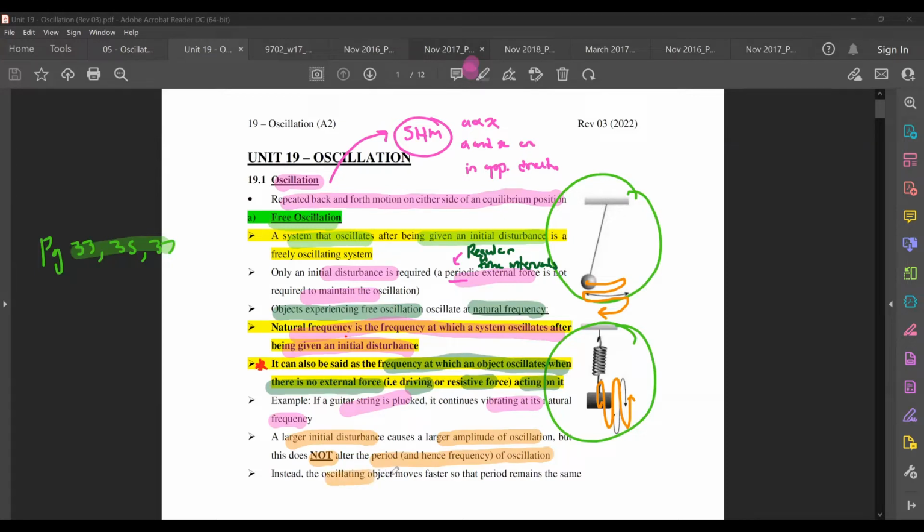Instead, what will happen is that the oscillating object moves faster so that the period remains the same. What do I actually mean by that? It is something like this. Say I have a pendulum bob again, this one. If I were to displace it, say my initial displacement is 3 centimeter,